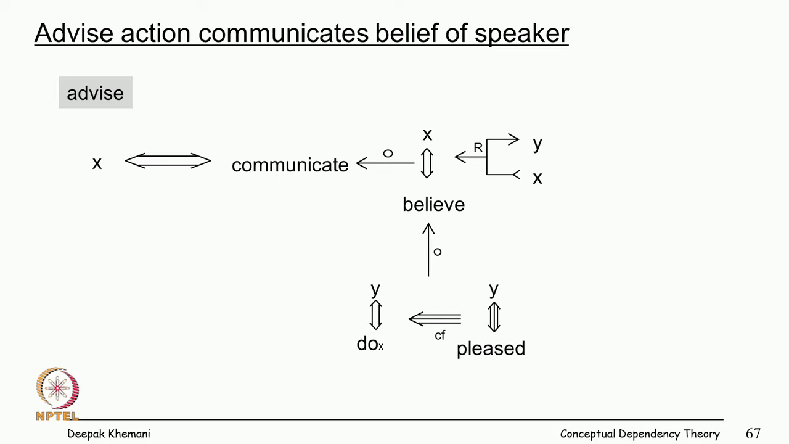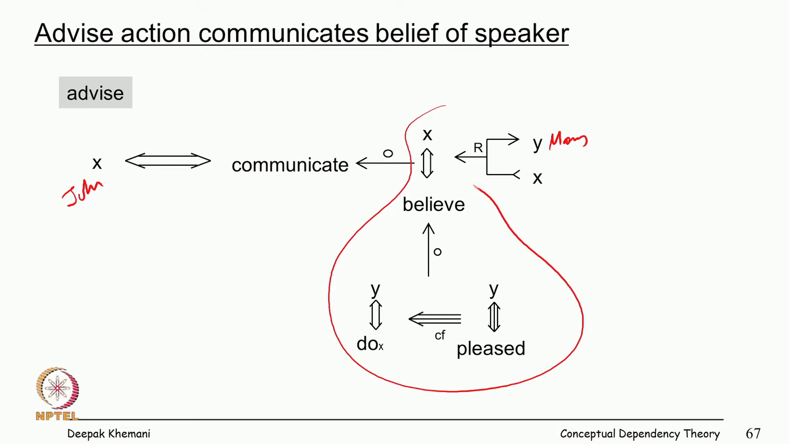So, advising, we have talked about advising sometime. John advised Mary to take an aspirin or something like that. So, this is the structure that one would create. So, if you say that John advised Mary to take aspirin, then essentially what you are saying is that, let us say this is John and he communicated to Mary that John believes this whole thing in red,